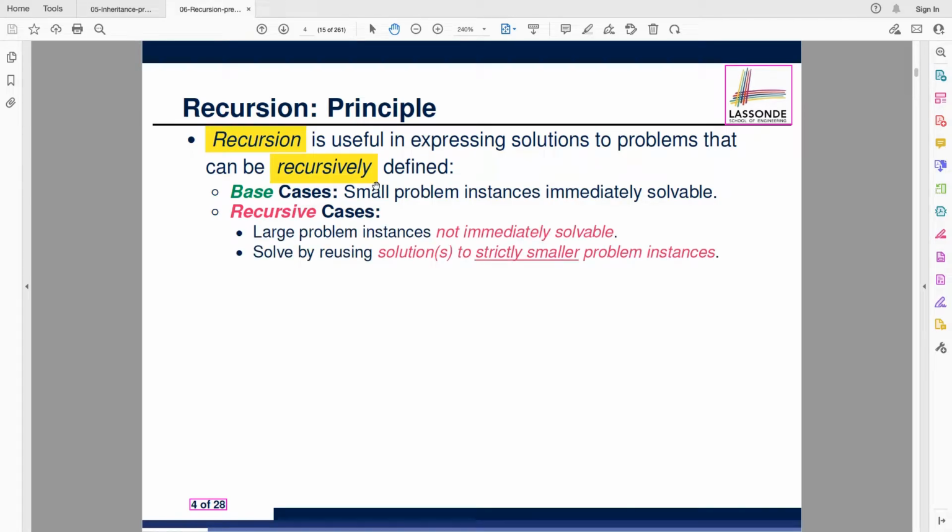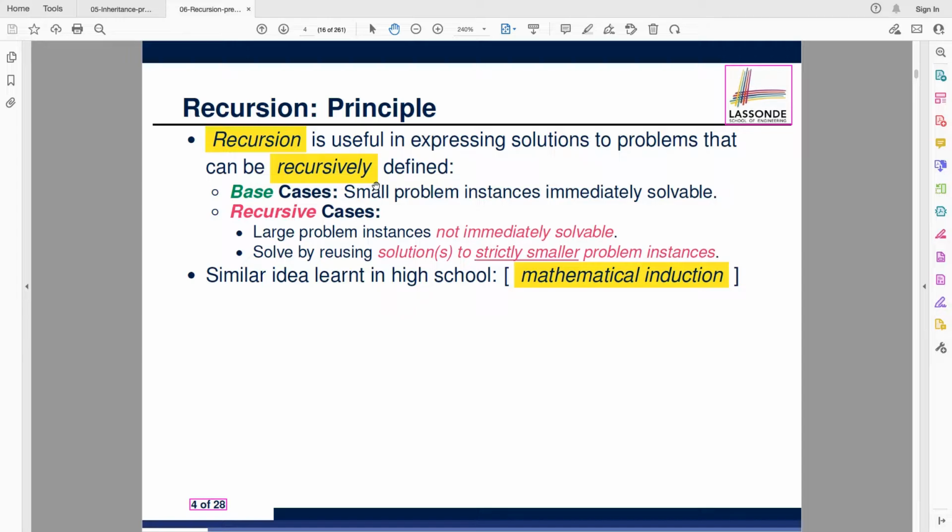Based on how I described it, you might find some similarity to mathematical induction that you learned in high school. Very quickly, I don't want to bother you too much with the math. Mathematical induction, how do you prove? Let's say you want to prove some property about natural numbers, starting from 0 all the way to plus infinity. You try to prove some small cases, maybe when i is equal to 0, i is equal to 1, and then you assume you have i equal to maybe some k. And then you use that to prove i equal to k plus 1, and you can prove everything. It's a very similar pattern you will see in recursion,